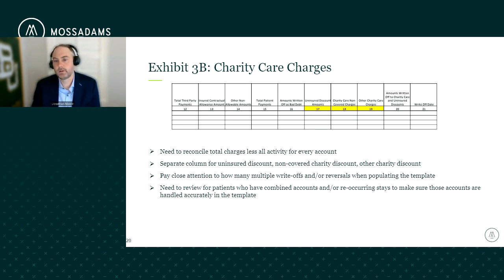Because the first thing they're going to do is say, hey, you wrote off too much charity. In a lot of cases, it may not be the charity, it may be one of those other fields, because of timing or just pulling the data incorrectly, that one of those other fields needs to be adjusted. There may be charity embedded in one of those other contractual amounts, and so you're duplicating those amounts. So just make sure it gets back to reconciling every account.